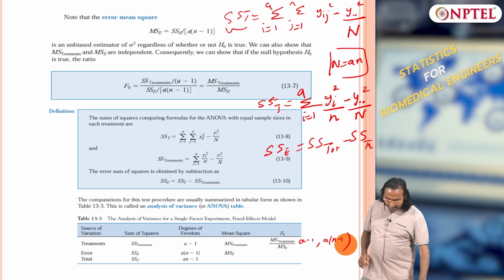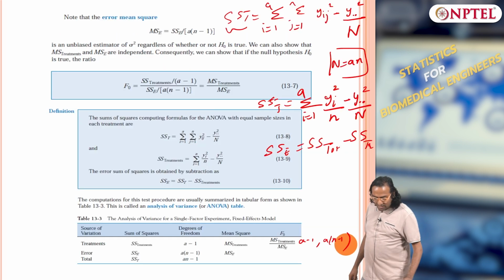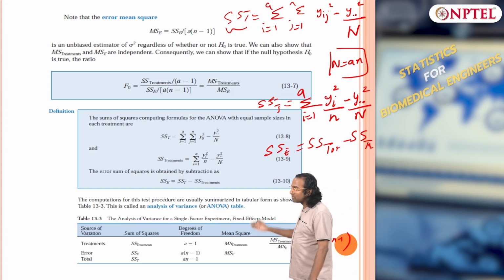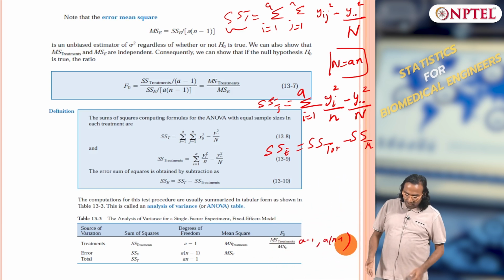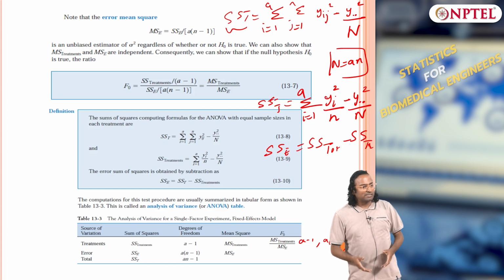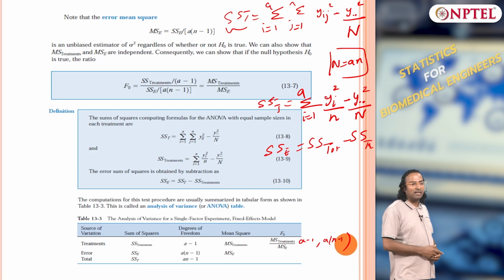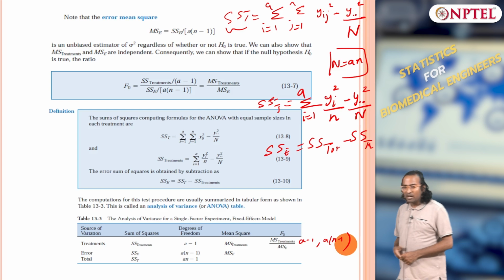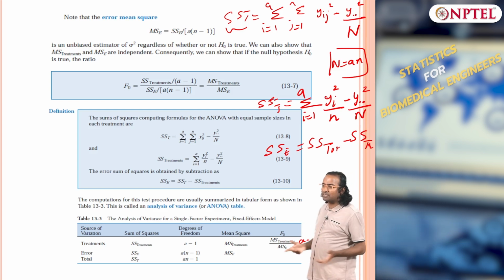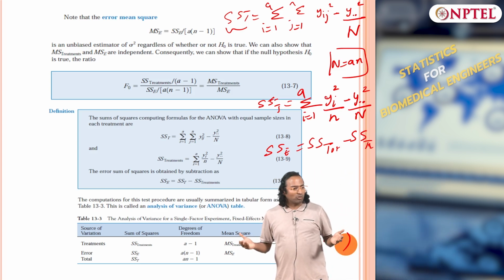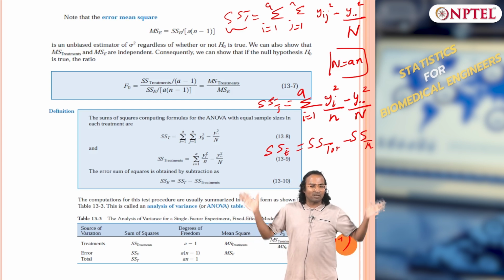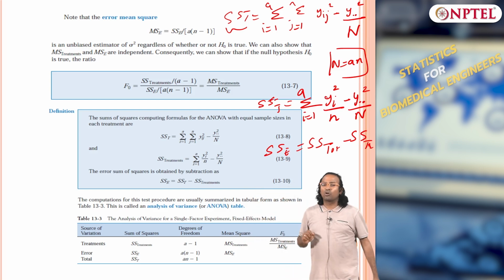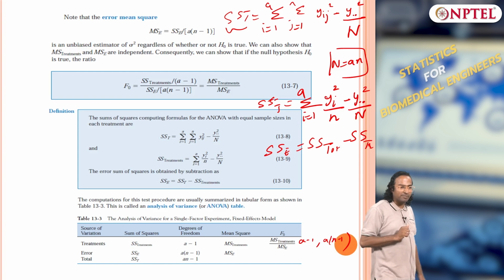So now having said that, in the last class we looked at the degrees of freedom, and then we also solved a simple problem where I gave you the formulas for computing the sum square treatment, sum square error, and sum square total. Sum square error is nothing but total minus treatment because error and treatment are orthogonal. The cross terms went to 0, so there is no linear relationship between them.